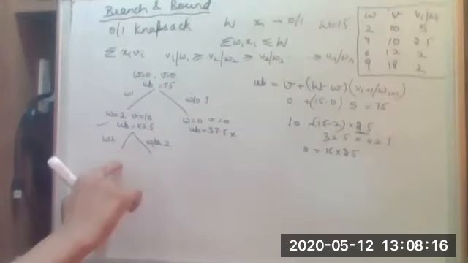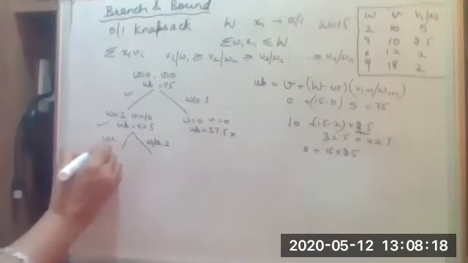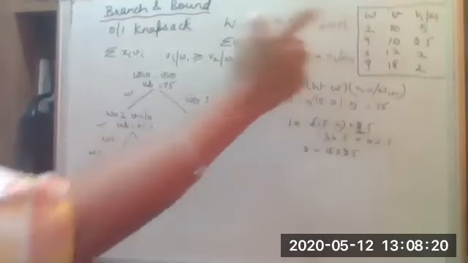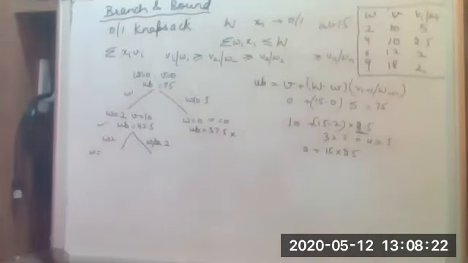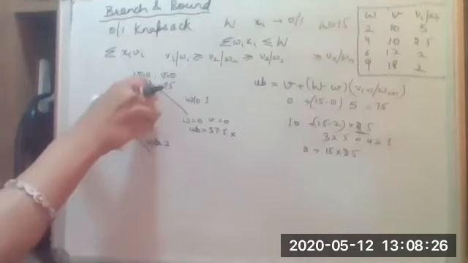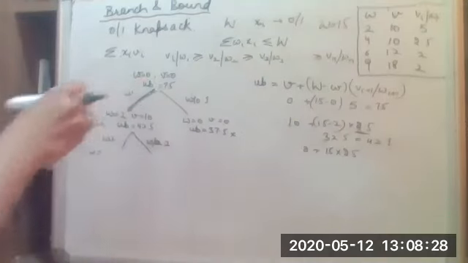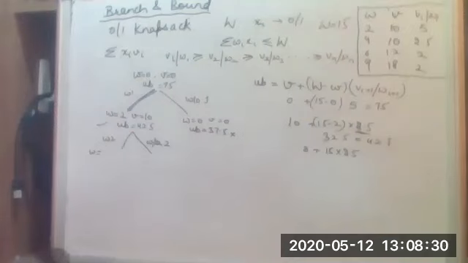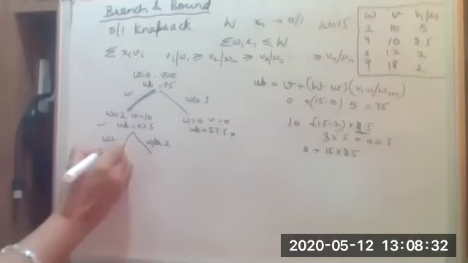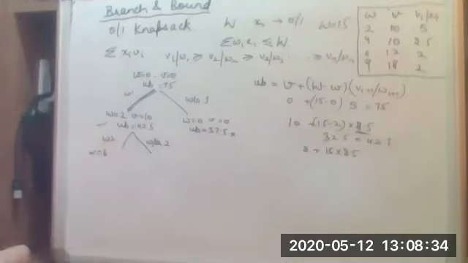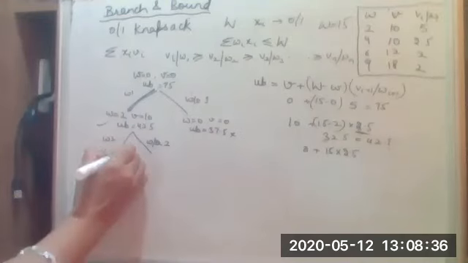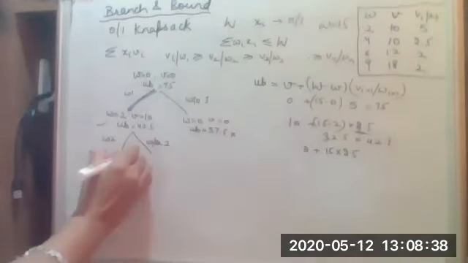So if you are going to consider the second element, the weight of the knapsack will become 2 plus 4, because we have already considered the first element. Yes, so we have already taken up this path where the first element is taken. Now we are saying for the second element, so the weight of the knapsack will become 6 and the value will be 10 plus 10, 20.